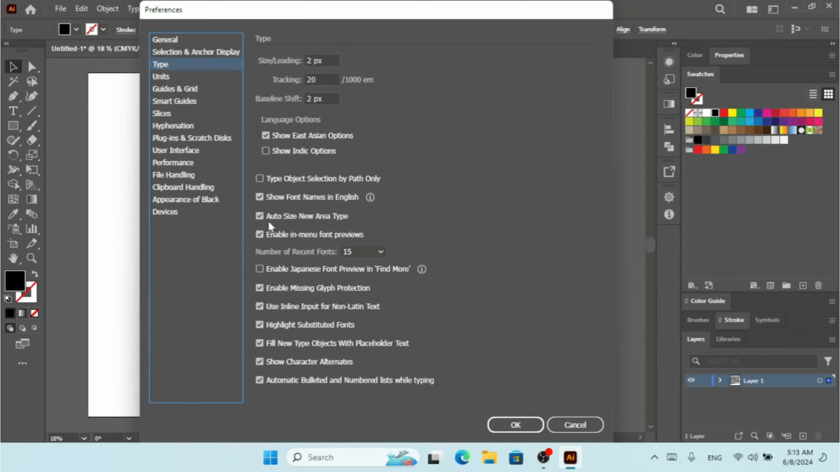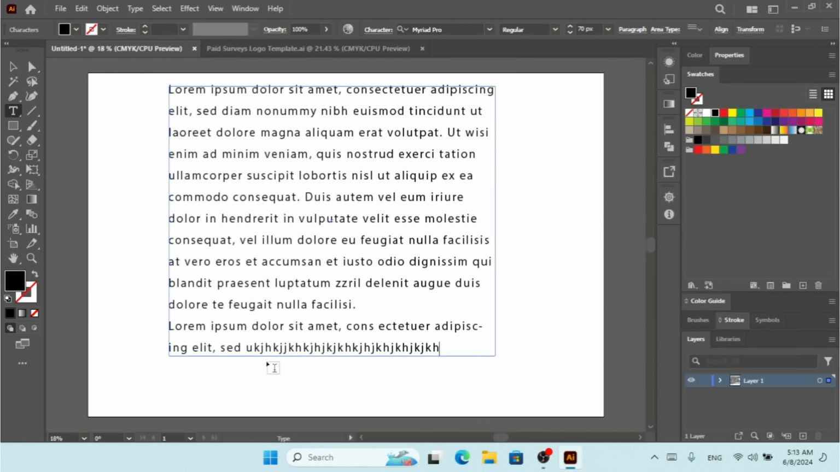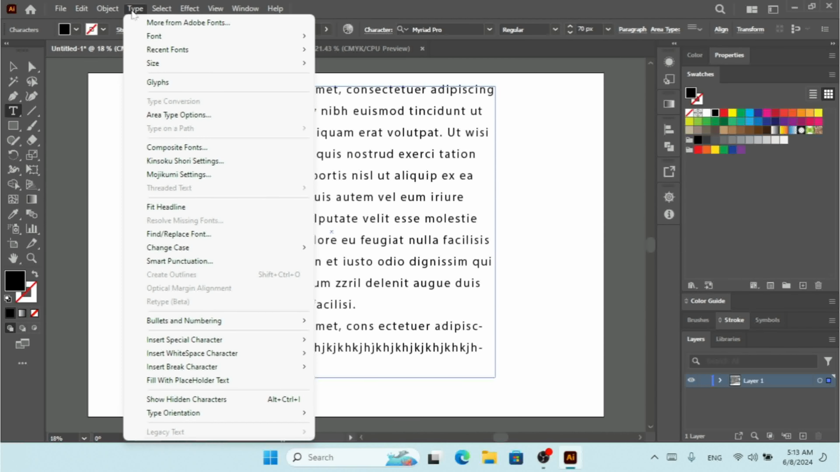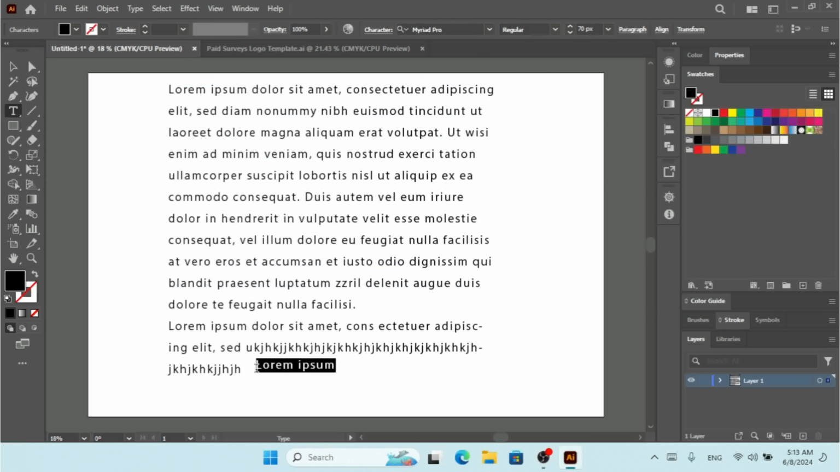And we have auto size new area type. If you uncheck this and click on OK, and if I want to type anything, automatically, as you can see, it's going to make the auto size right here. But we have the option for that, which is available under Type, Area Type Options, and we have this auto size. If you uncheck this and click OK, now if you type anything right here,